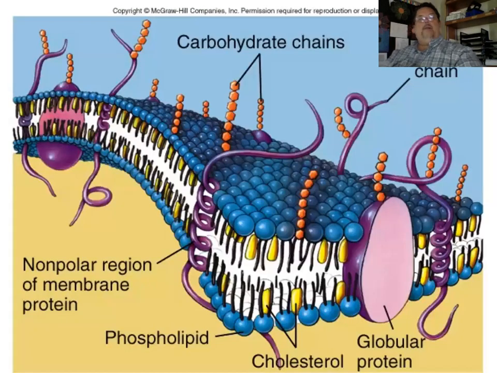Here's a more complex, more complete picture of what a cell membrane would look like. Here you can see the choline and the phosphates that love the water on both sides, and the fatty acid tails in the middle. You can see some cholesterols floating around that helps make the bubble move and be fluid. You got some proteins, and some of those proteins will be like channels that allow stuff to enter and exit